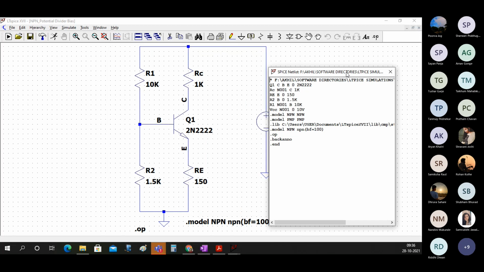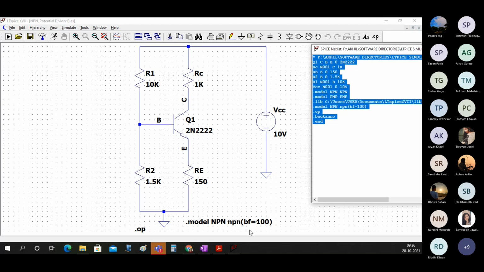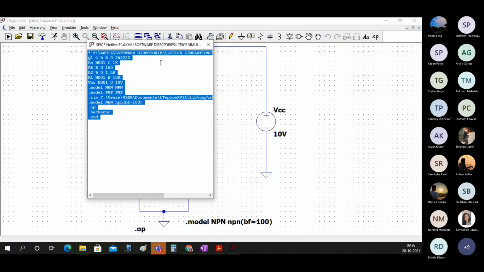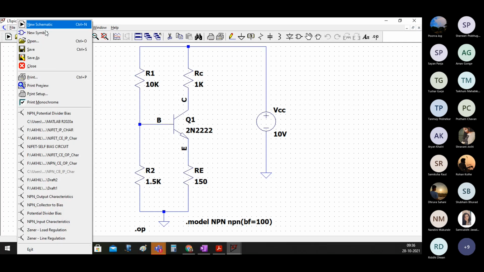Okay, so we can write this code, and then we can build or simulate this circuit by writing this code. So now the question is how to write this code and what is this Q1 CBE0 and so on. What is the meaning of all this? So let's see how to do this. I'm just closing this.